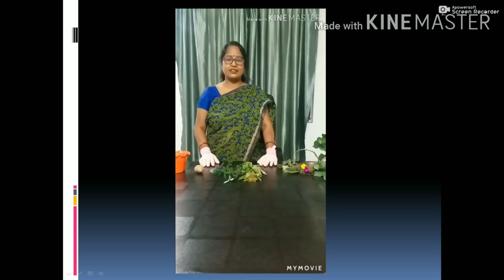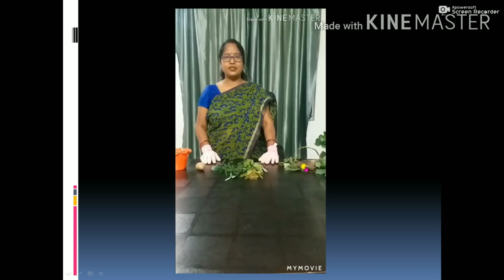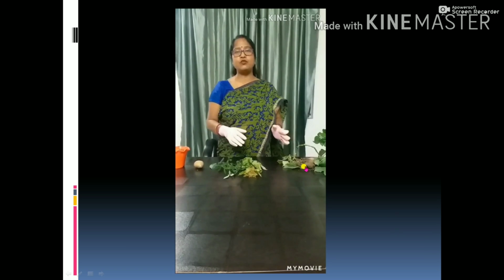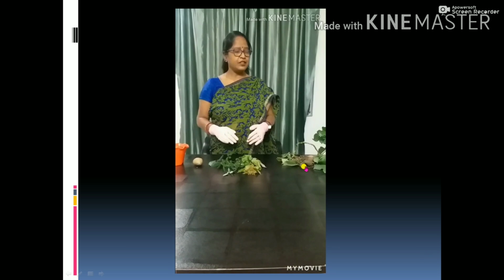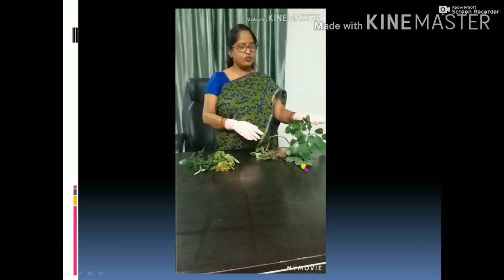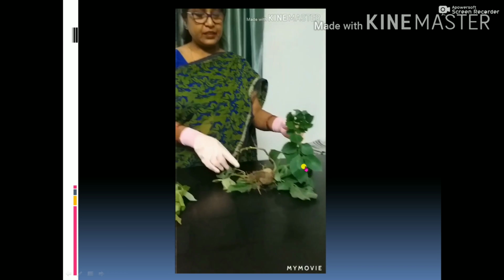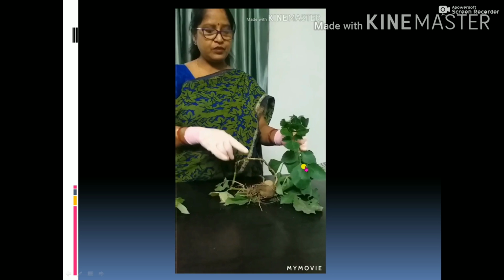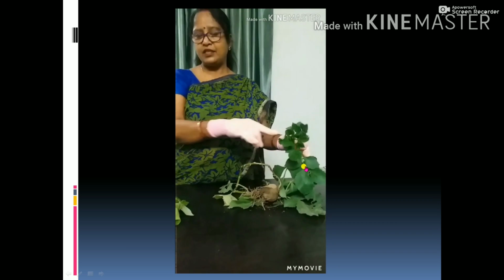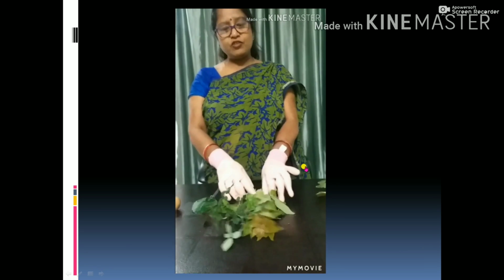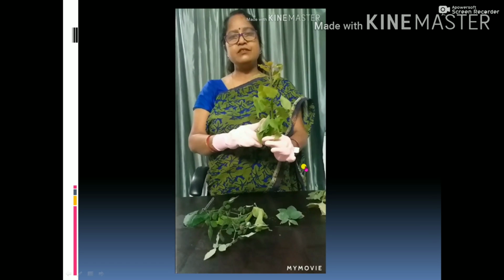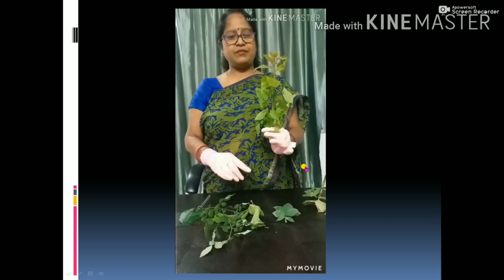Children, you studied about vegetative reproduction. So, just now I will show you what are the main parts that take part in vegetative reproduction. First of all, you see here. Look here, children, that these are the parts of plants: root, stem, leaves. And I also told you how you can differentiate between root and stem.